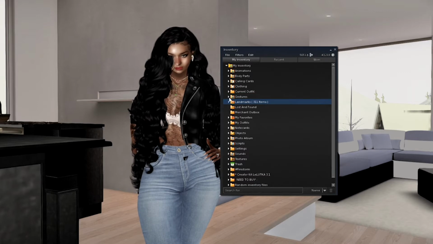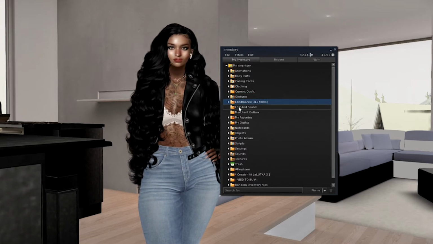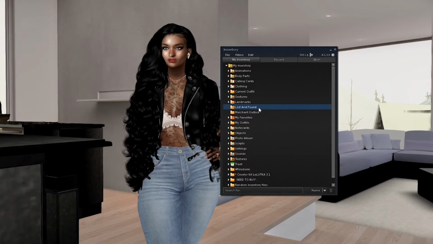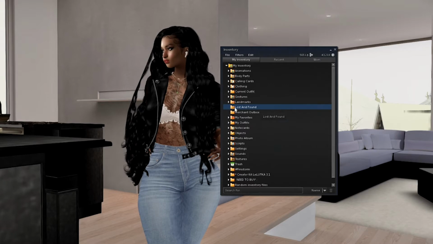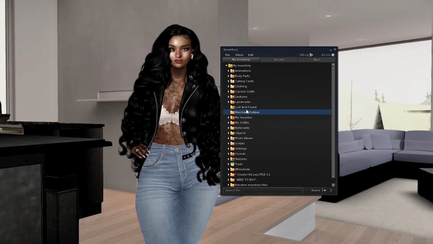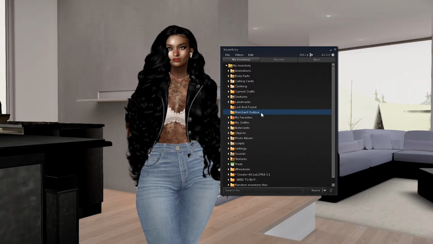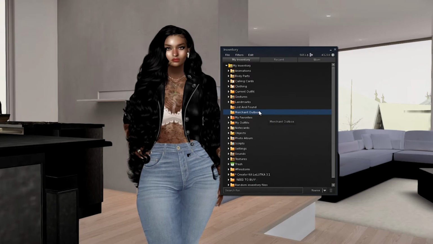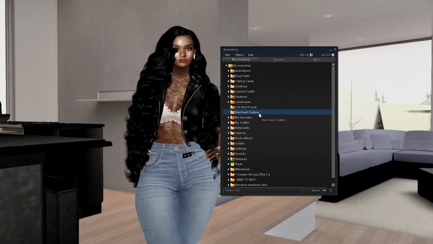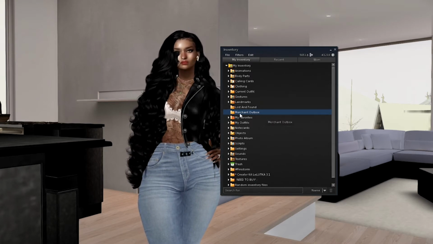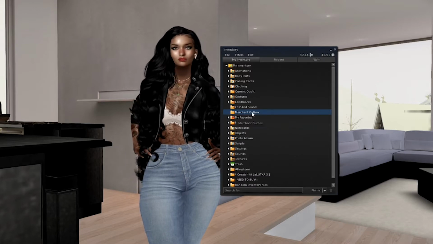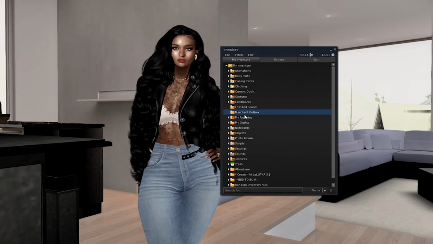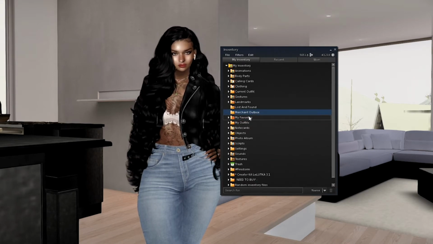landmarks to different sims. Lost and found, if you have a box or an item on someone else's land and they return your item, it will end up here in Lost and Found. Merchant outbox is for people that have stores on Marketplace, and all of their items will be in here. Actually, I don't know. This for some reason became empty one day, but all of my items are still on Marketplace, so I don't know what that's about. And that to me is a new box, or folder, that just came out of nowhere. But anyway.